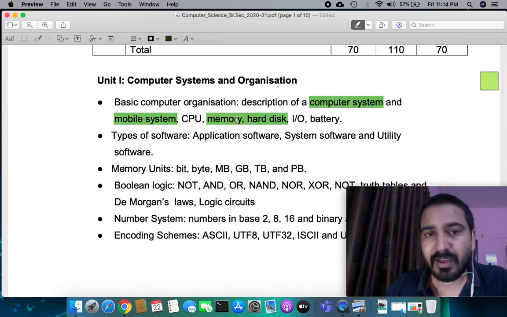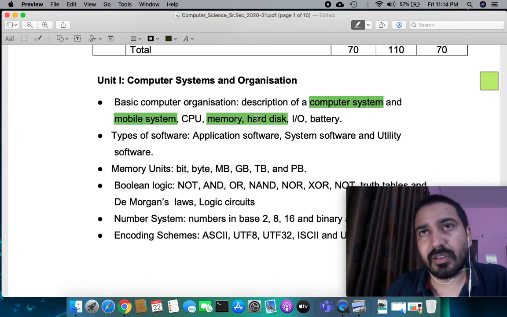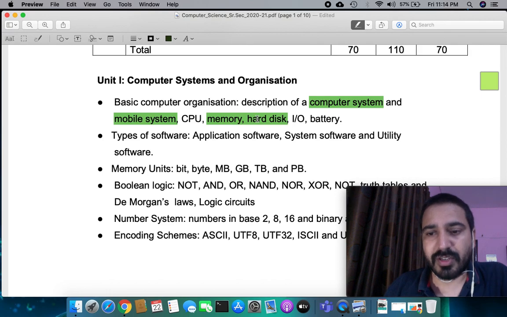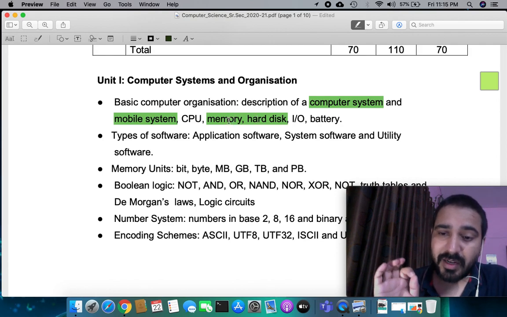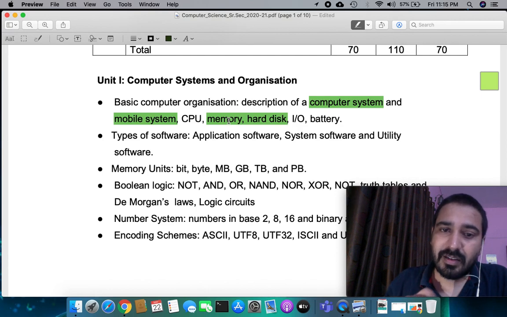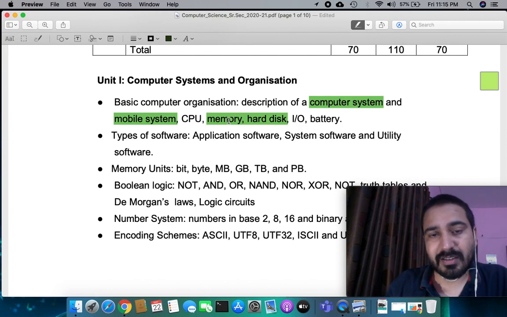Your RAM, random access memory, is called memory in normal terms. When we come to the hard disk, it is the permanent storage. Think about it: in your personal computer you are playing Counter Strike, or in your mobile you are playing PUBG. That game is not running all the time, not 24 hours, because it is not in your memory. It is in the permanent storage, where that computer game or mobile game resides permanently until you delete it.